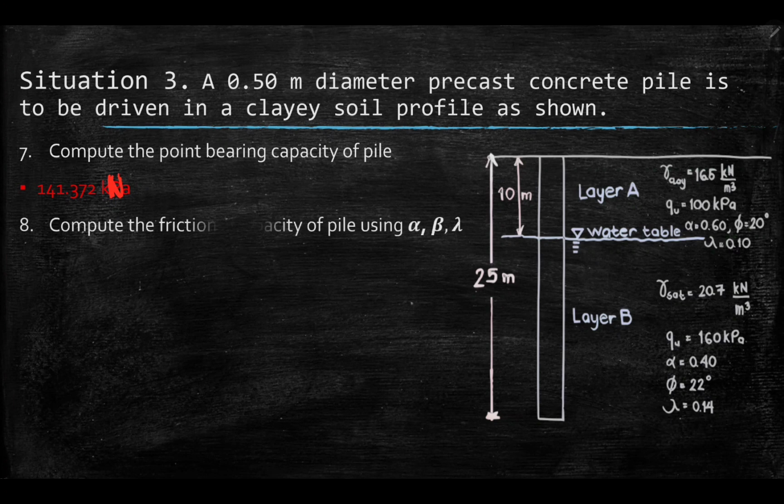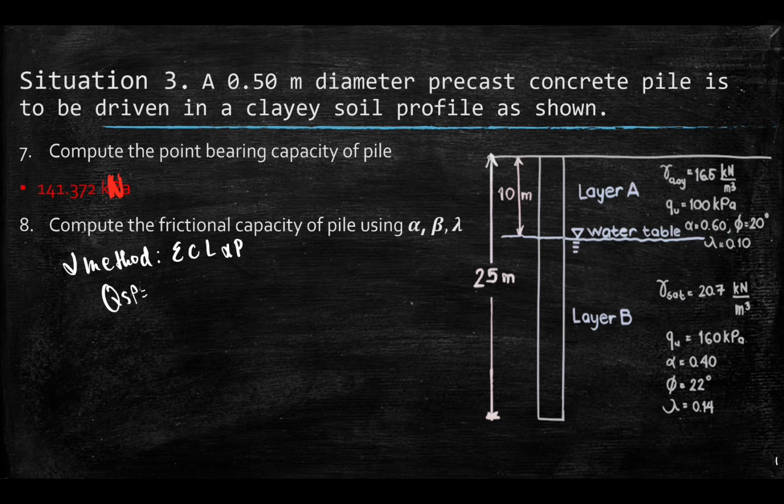Next, for our question number 8, compute the frictional capacity of pile using the alpha, beta, and lambda method. So, mahaba-haba to. Therefore, sa first na method natin, I'm going to use alpha method. So, sa alpha method natin, consider alpha method. Since there are several layers of clay, we have to use the summation of CL alpha P. So, clap for frictional capacity. Therefore, solving QSF,